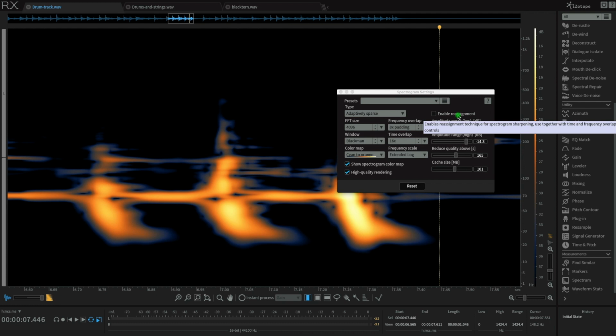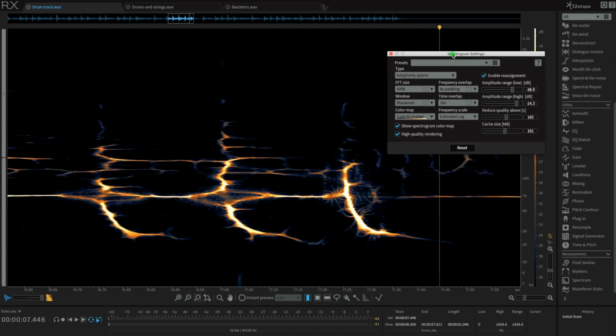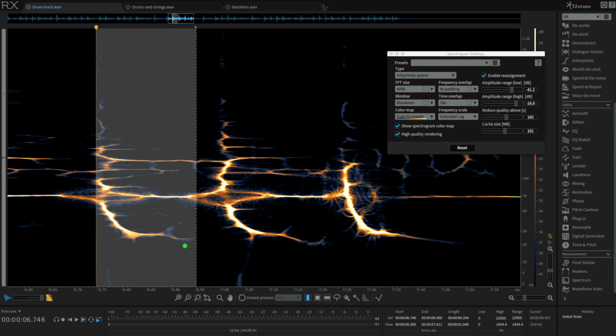A really cool setting is enable reassignment, which is another CPU intensive setting, which apparently is also benefited by the overlap settings. Basically, it highlights micro tuning. It reveals pitch contours because it's very precise. So what it shows us is that the fundamental pitch of the kick drum is actually